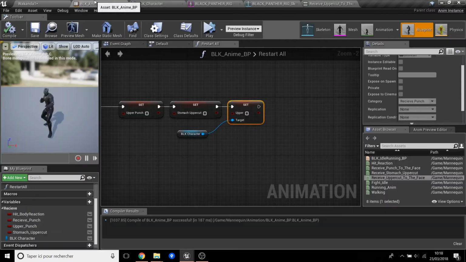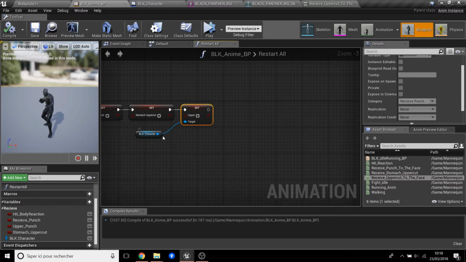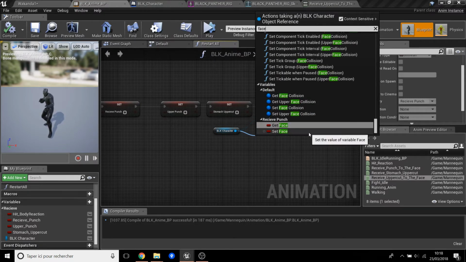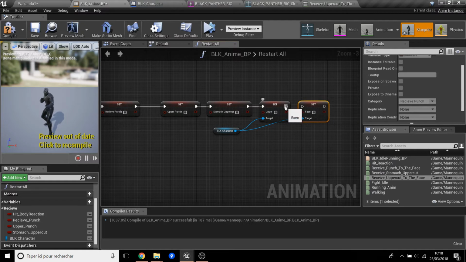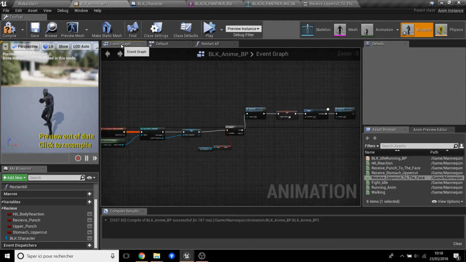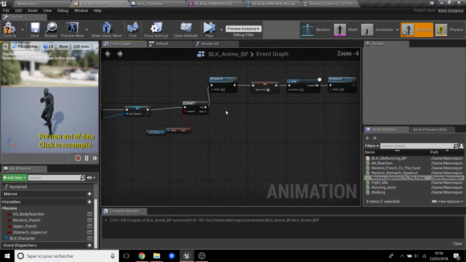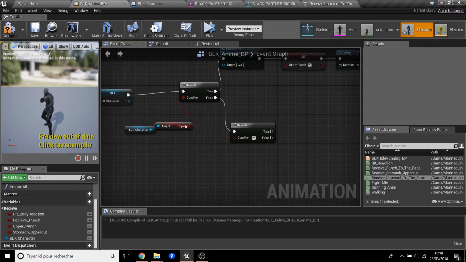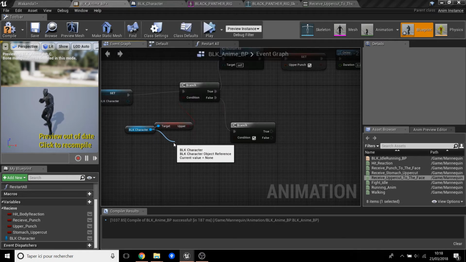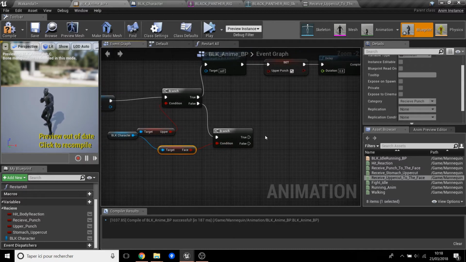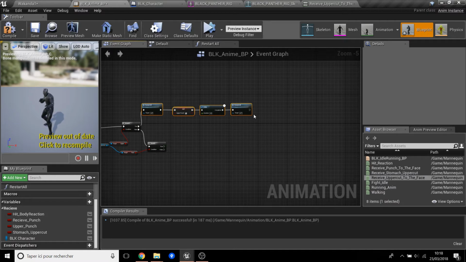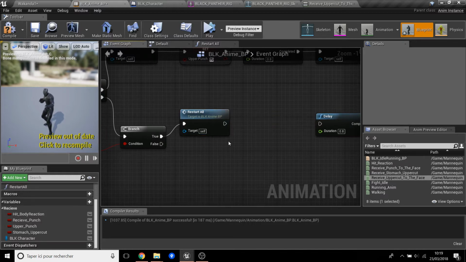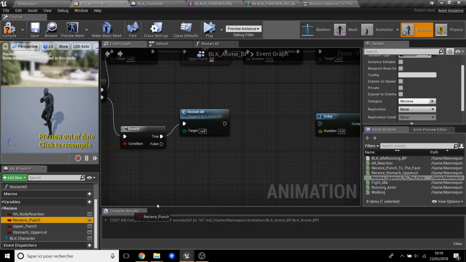now it's okay. We go back here, and here we go back to restart all and restart face, set face, and we restart the variable directly, and go back to the event graph, set a new branch, and it will be face, get face, and now we just have to copy and paste this one, but just change to receive punch.